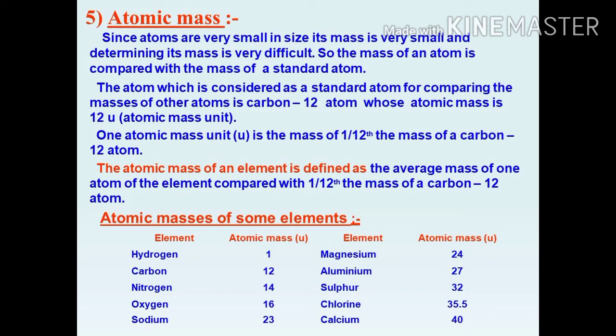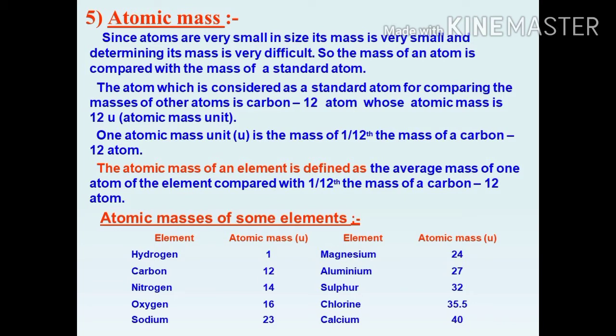First, I want to ask one question. Can you say what are the components of an atom? The atom is made up of 3 components. In the center of the atom it contains the nucleus. The nucleus contains 2 components. One is proton, another is neutron.